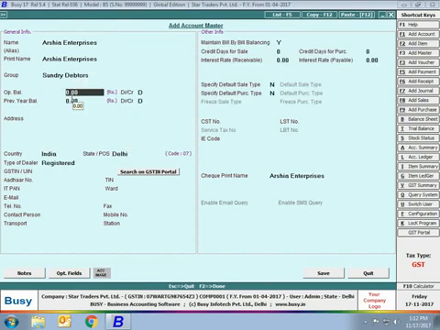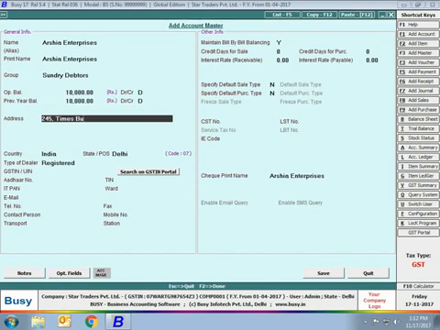Then as opening balance, you can specify the party's opening balance here. That is, any closing balance of the previous year will automatically become opening balance. Then specify whether it is a debit balance or a credit balance, and then there is the field of previous year's balance. You must be wondering why we are asking for previous year balance. Obviously, last year closing balance and this year opening balance will be the same. You can see on the screen you are not allowed to enter a value in this field. This field will be activated only for the revenue account groups.